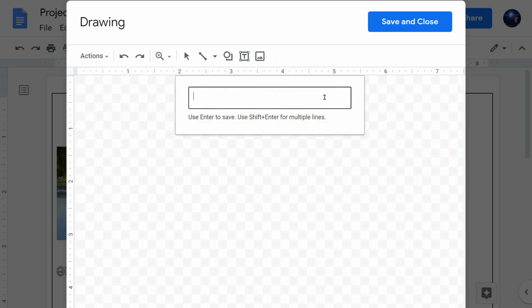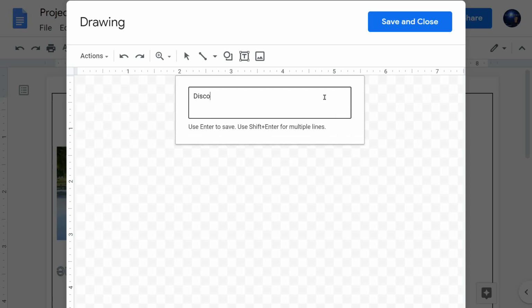Step number 65. Key in Discover the Many Mysteries, exclamation mark. 66. After keying in the text, Discover the Many Mysteries, hit the Enter key once.